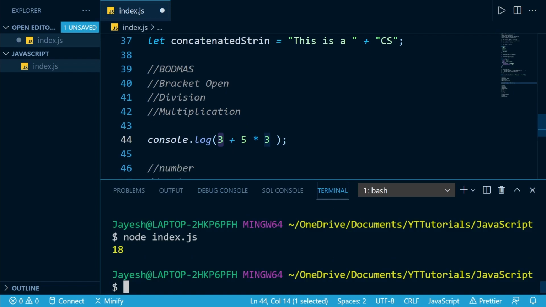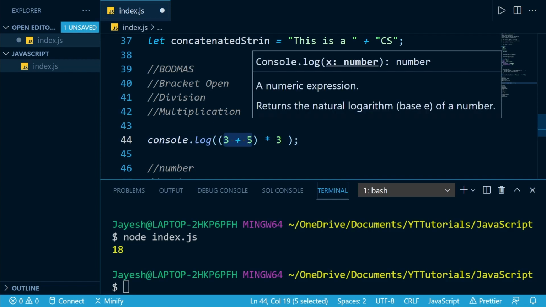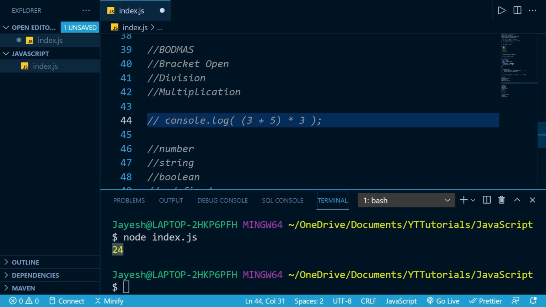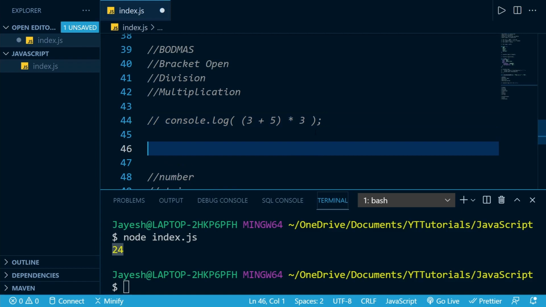So that's one way. What if we wanted to add these values and then multiply? We can use the B of BODMAS, that is brackets. We also have some shortcuts.